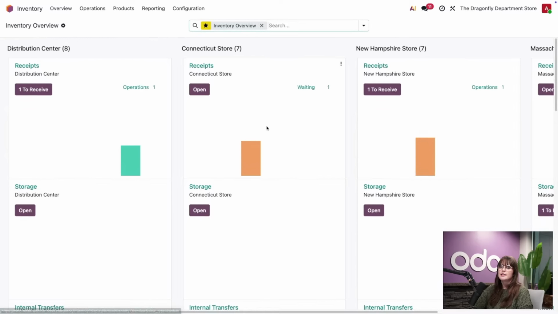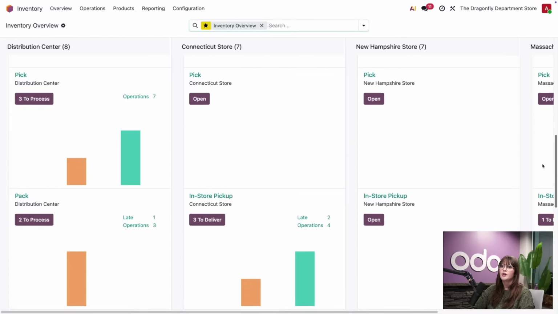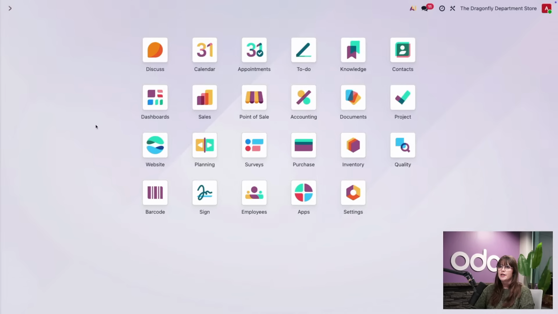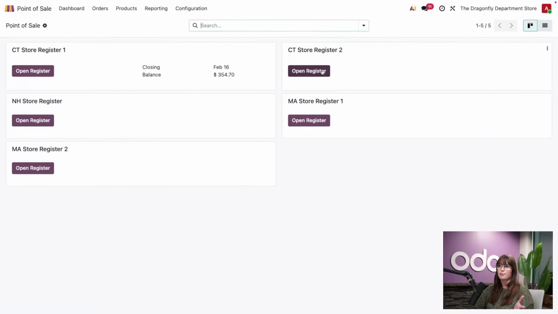Now what we'll be able to see is underneath our in-store pickup orders, all of the different orders that are waiting for the customer to come in and say that they need to pick up their items, whether they need to register their payment or not at the time of sale. So we'll go ahead and exit out of inventory. And let's just say that Lorelai is going to come in and she's going to say that she needs to pick up those items. Now what your cashier will do, if they're in their point of sale application here,